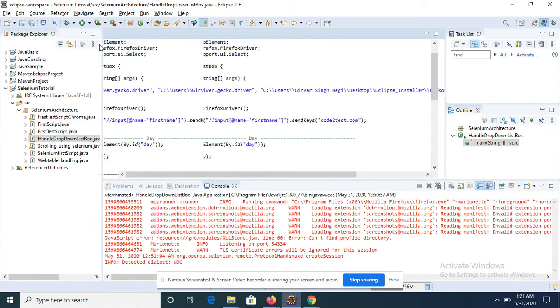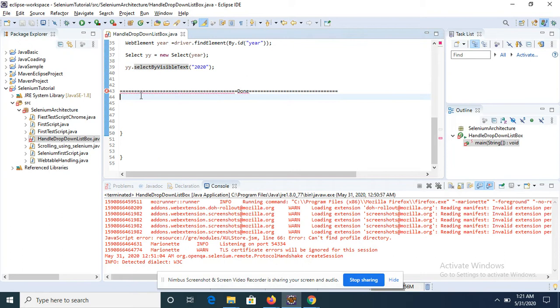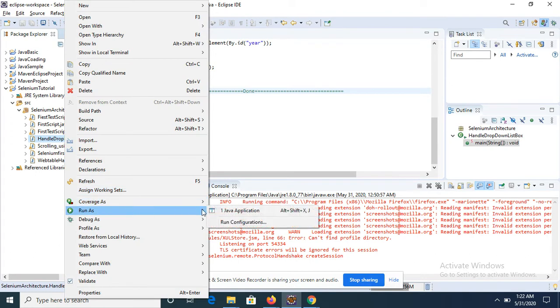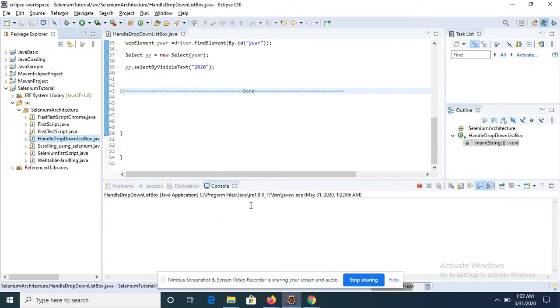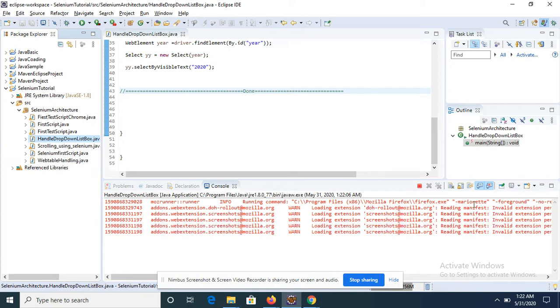So let's run the code. Hope it will run. Oh, there is some error. Let's check. Okay, so it should be commented. Let's run the code. So you see that my Marionette driver has been invoked. Firefox browser has been run up and running. So my browser has been invoked now.